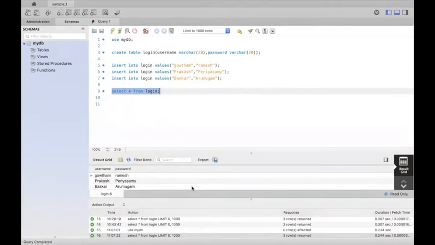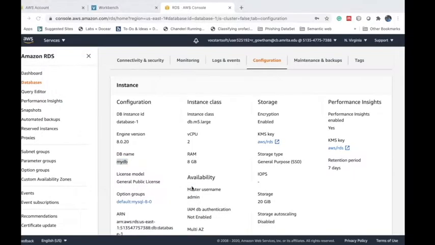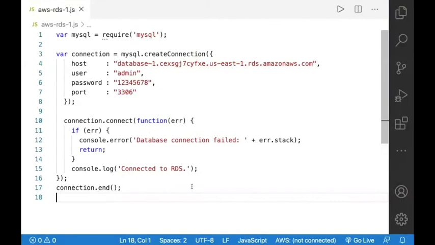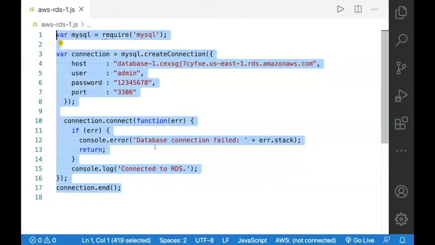The intention of this particular session is to use Node.js programs to connect with the database which we have created. We are going to use a set of Node.js programs to connect with the database. The first program: before I start explaining it, I'll execute this program, and based on the result, we'll discuss this particular program.